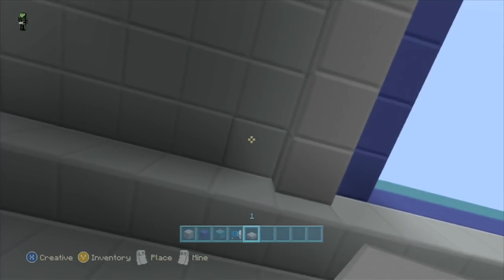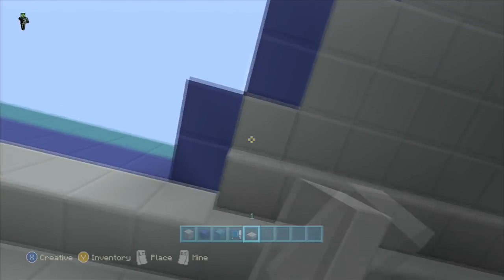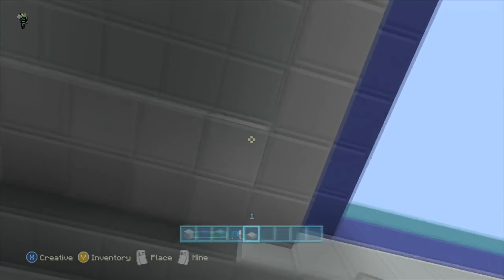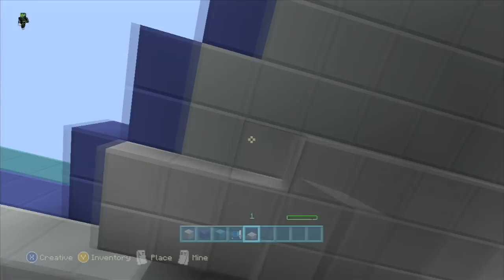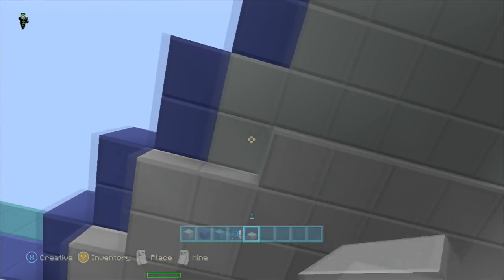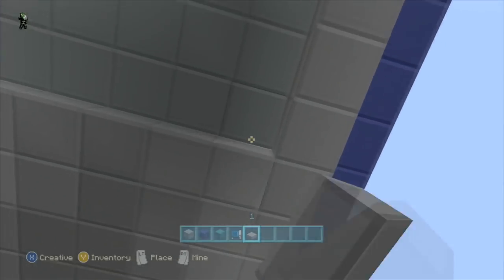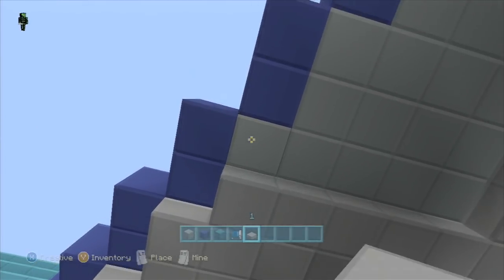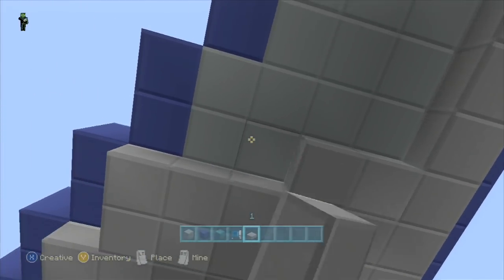Just kind of gives the wing some depth instead of just being some skinny little wing there. And if you don't go all the way to the edge, make sure you just get on the gray, leave the blue there. That adds a little bit more depth to the wing, actually, and some dimension to it, so it's not just real blocky. And just little pro tips here.